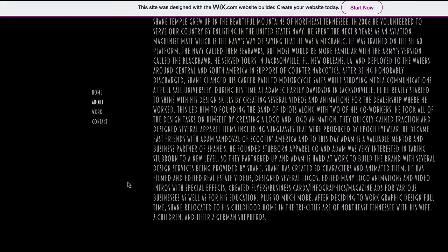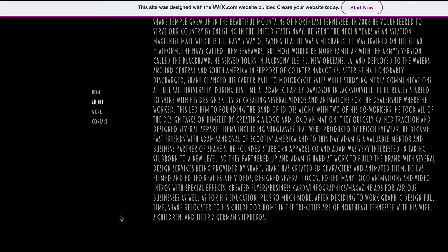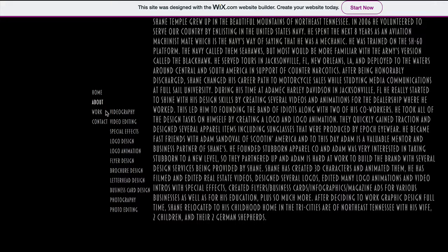It's not covering anything, so technically it's okay. I think you might be able to consolidate some of these into design, editing, and animation, you know, things like that. And then on these pages, go into the specifics. Okay, but I think you can break that down into probably 4